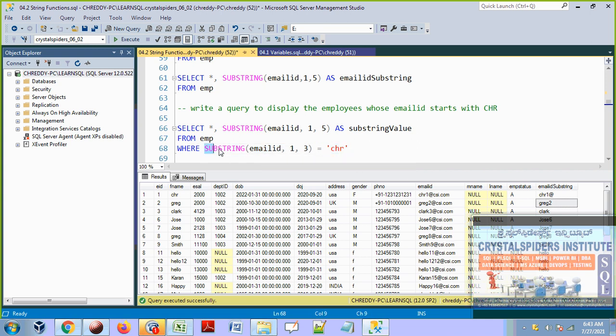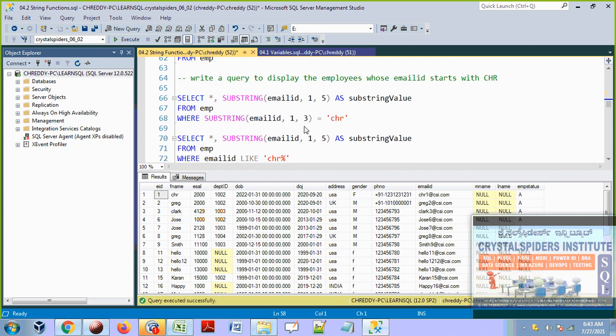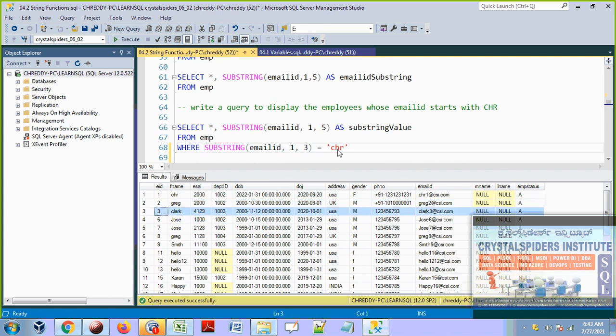Now what will the where clause do, guys? The where clause will go to the first record and see what value is there in the employee data. The where clause goes record by record. Go to the first record and apply this condition. Then go to the second record, apply this condition. Go to the third record, apply this condition. Go to the fourth record, apply this condition.